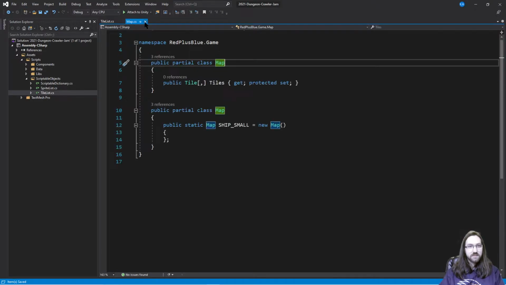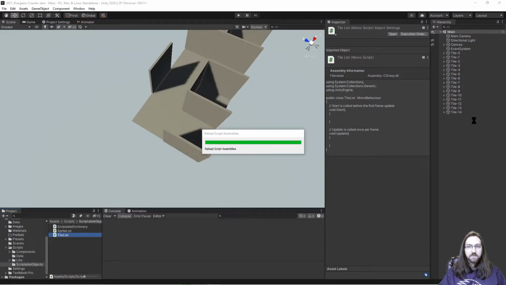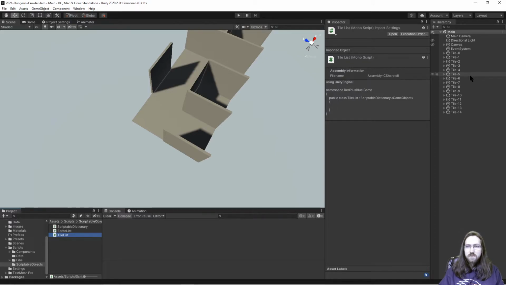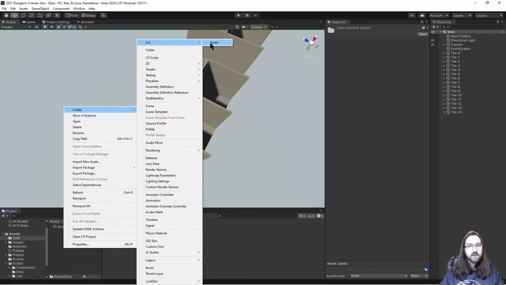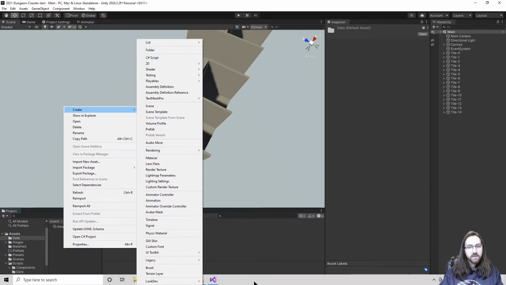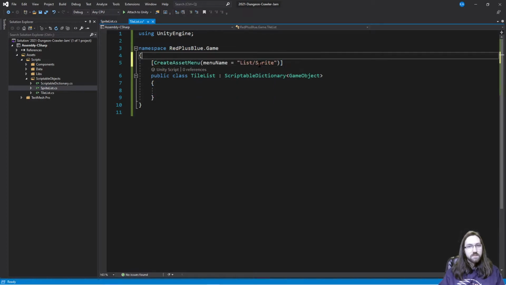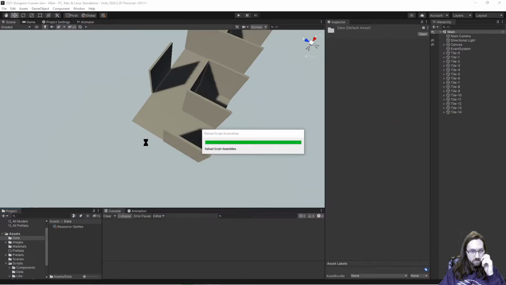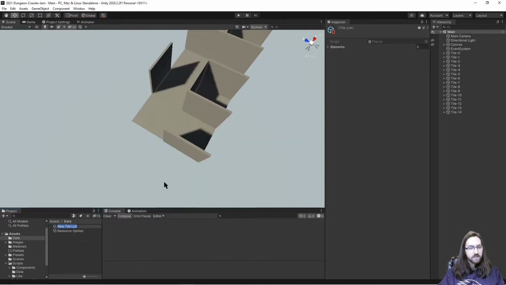Okay, so what this will do is let us create a list of tiles that we can register into a dictionary. And so what we need to do is in data, let's just call this tiles, say a, oh, right, we need the create asset menu thing. This is list of tiles. So create a tile list. This is just tiles. And so we need all of these into there, so I think...